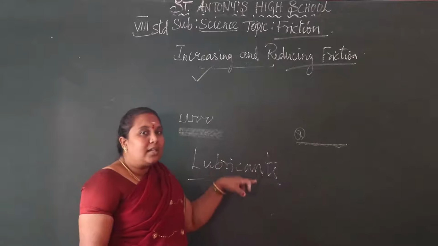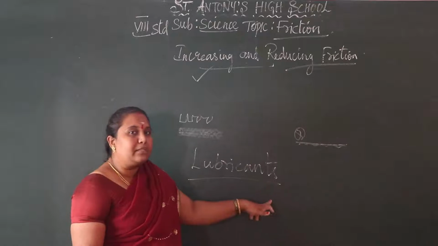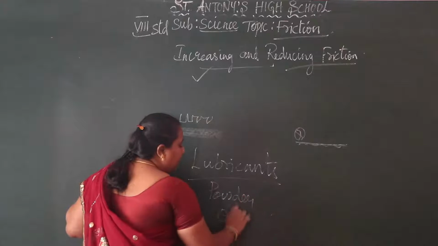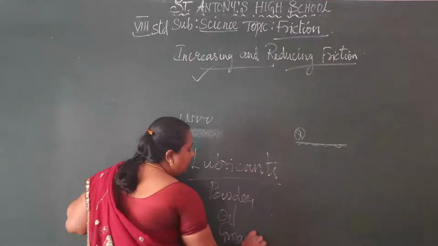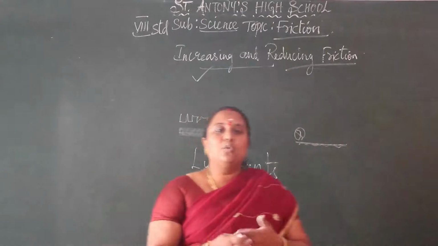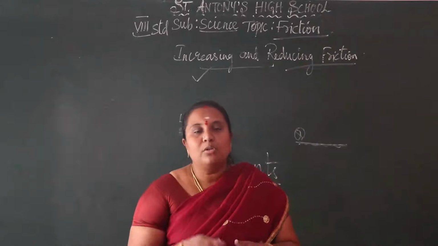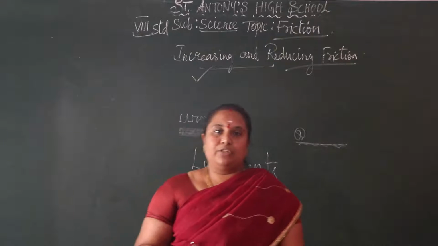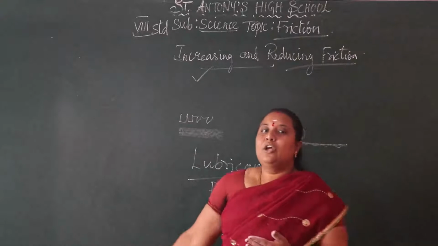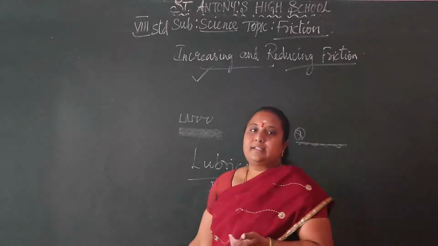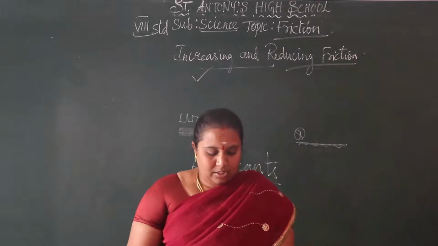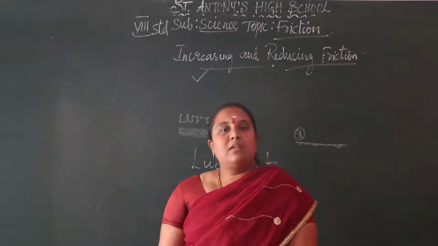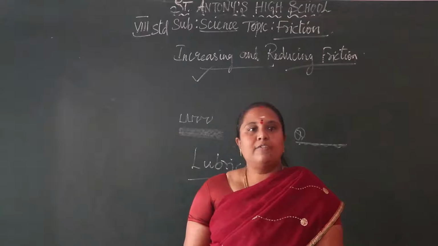So what are lubricants here? Can you give some examples of lubricants? That is smooth powders, oil, grease. These are all lubricants. We use them to change an irregular surface into a smooth surface to reduce the friction. While reducing friction, we use lubricants to cover the irregularities on the surfaces. Children, we can never reduce friction without lubricants.